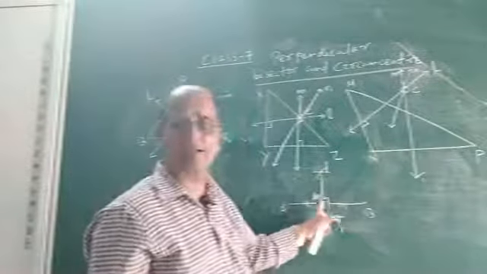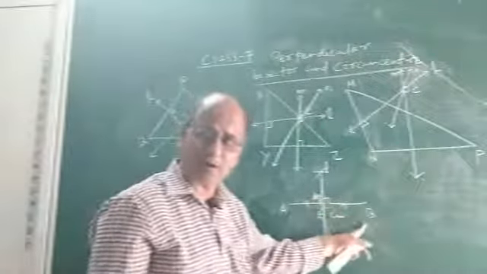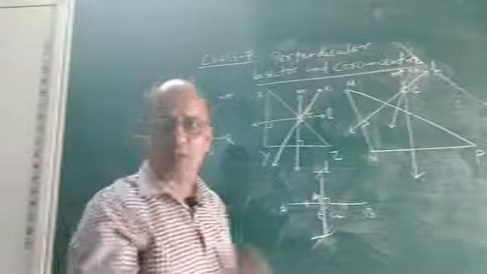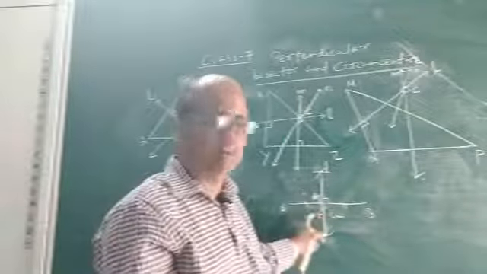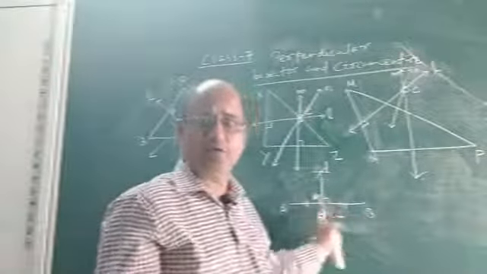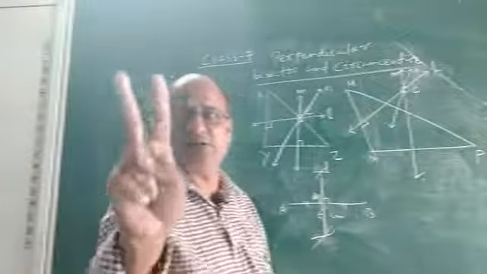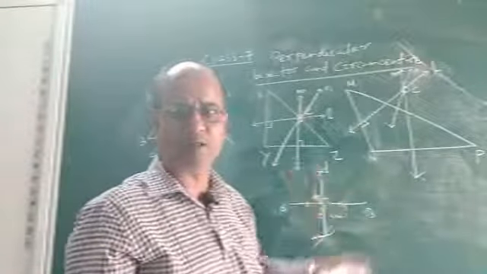And as this angle is 90 degree, it is perpendicular. So L bisects AB and L is perpendicular to AB. That is why we say that L is the perpendicular bisector of AB. I hope you understood. By perpendicular bisector of a line segment or side, we mean it is another line which should bisect or divide the line segment or side into two equal halves making 90 degree. Okay, then we say it is the perpendicular bisector.